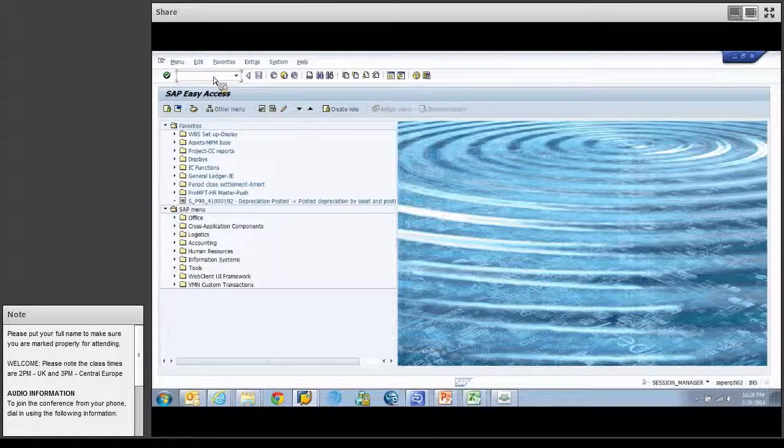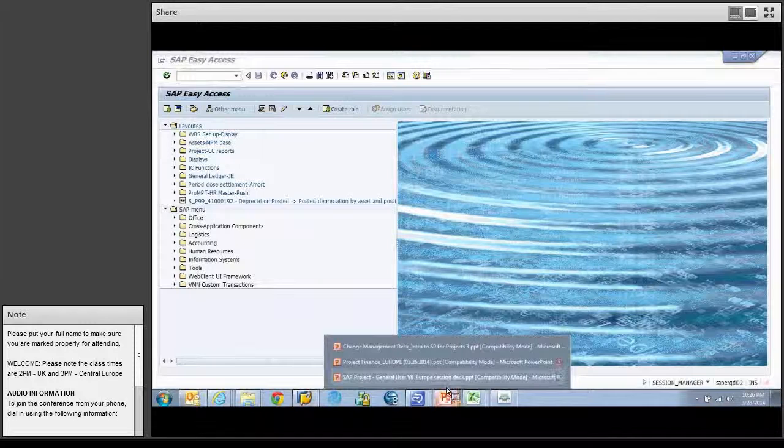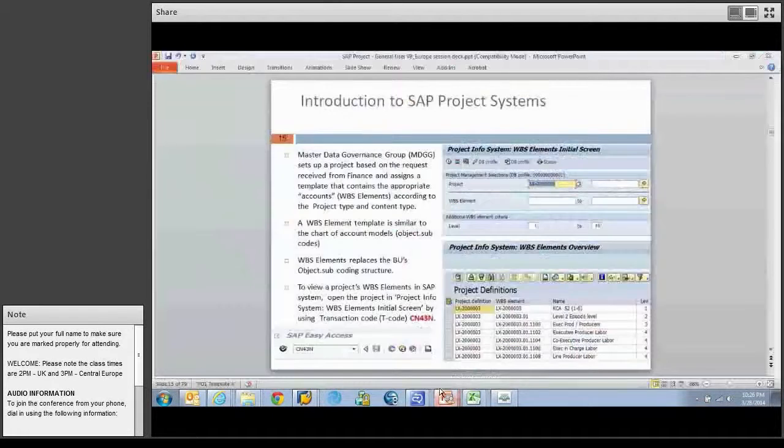So, going back to our slide, the first transaction code that we're going to be using is CN43N to look at particular project codes to see what WBS level 4, aka the minor codes, are available in that project type. So going back to SAP, in my command box,